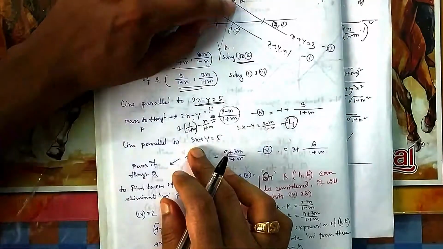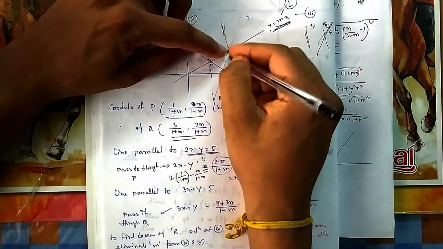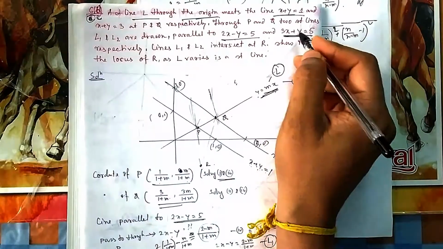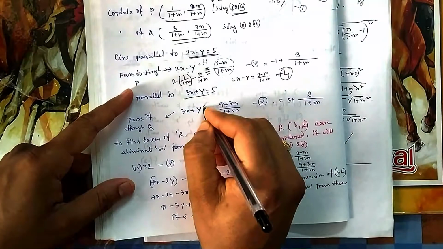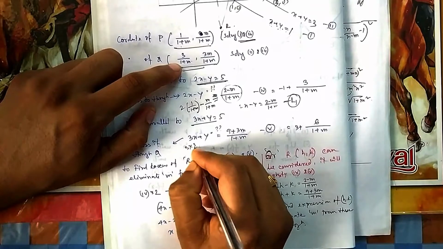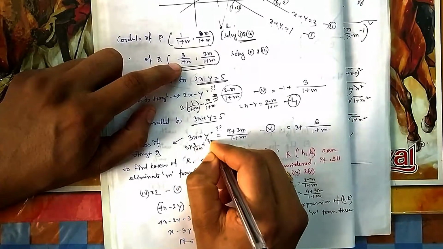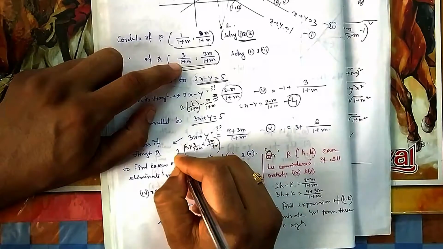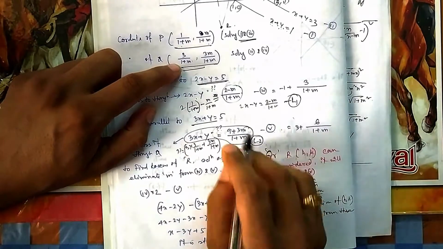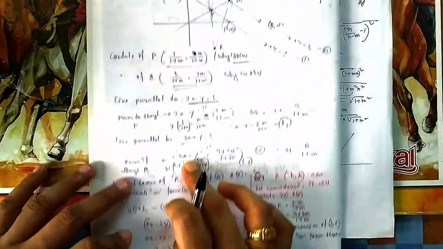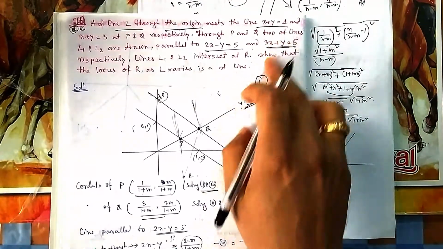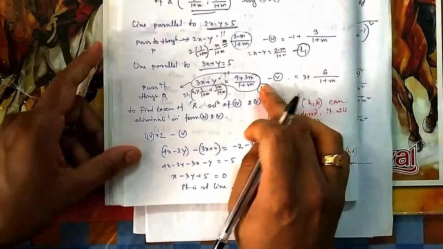Now similarly the L2 line, you will pass through Q, and it will be parallel to the line 3x plus y equal to 5. So the parallel of this line is again 3x plus y equal to some constant, but it has to pass through Q, so you will put Q there. So 3 into 3 by 1 plus m plus 3m by 1 plus m, that is 9 plus 3m by 1 plus m. So this becomes your equation L2. We are getting how to find this equation, because the coefficients will remain the same and only the constant will change. For that constant you need to put x and y of that particular point. So now you know L1 and L2.